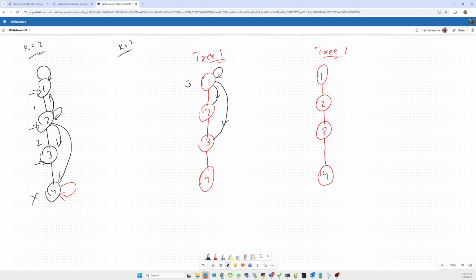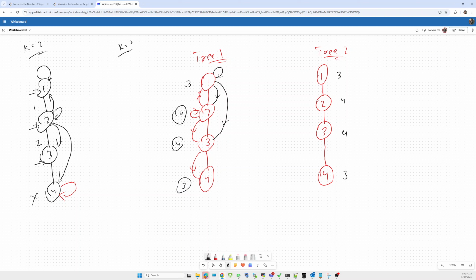For 2, what will be the maximum value? From 2 we are able to achieve this one as target, this one also, itself, this one and this one. So the maximum value for 2 is 4. Similarly for 3 it will be 4, and 4 is the same as 3 and 1, so the maximum target separately is 3.